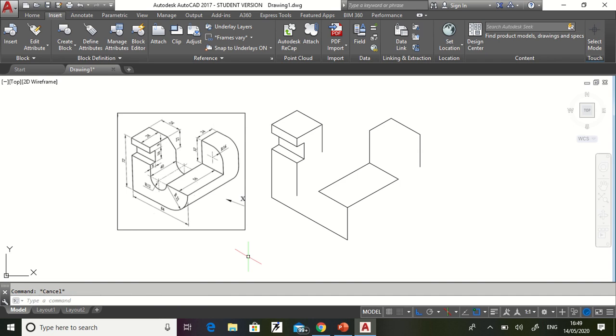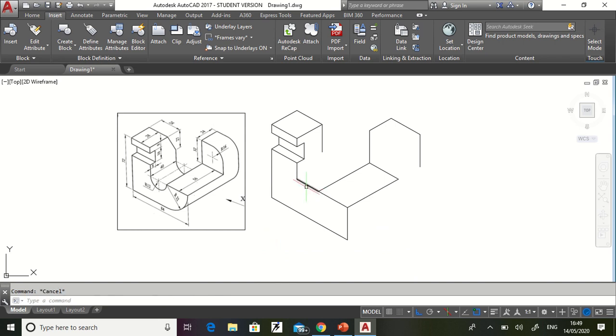So what we have to press? EL, enter, I, enter. Then it is asking you to specify the center. I know the center will be in between this. So first I will make that line from here to here and then trim it between this and this.